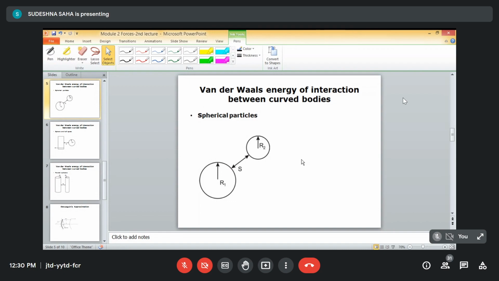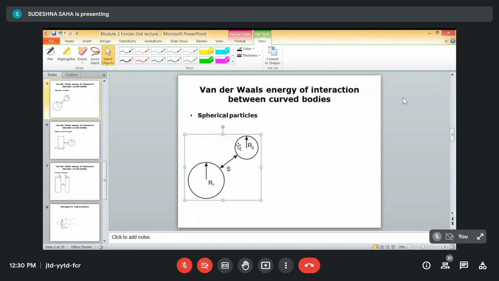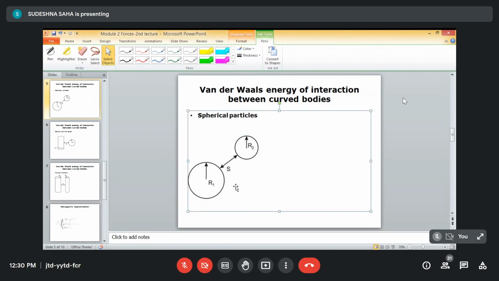Okay, so we will start with the spherical particles, for two different radii R1 and R2, which are separated by a closest distance, say S, because if you take them closer to each other, then there will be a repulsion force acting on it. Okay, so this is the closest separation distance S that has to be maintained, and the interaction energy can be written as phi equals to